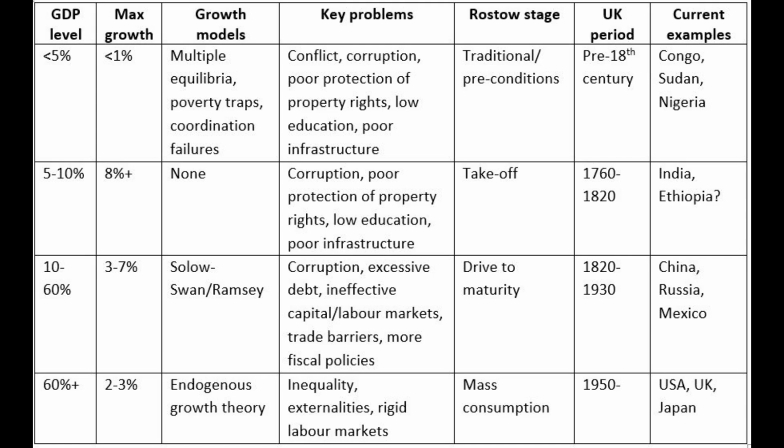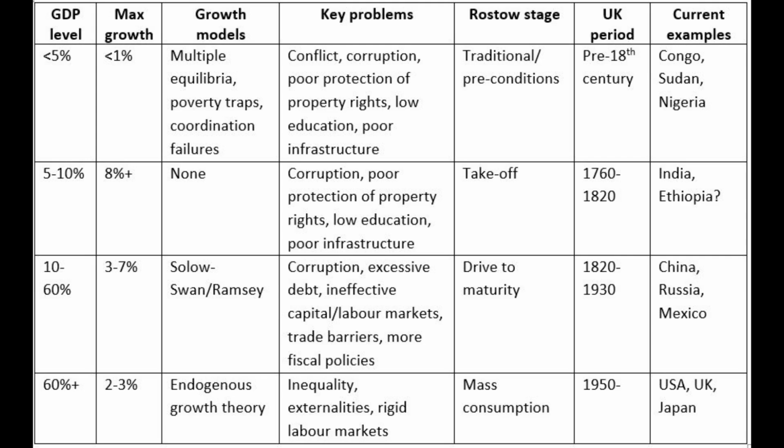And in order to continue achieving good growth outcomes, by the end of this phase of the drive to maturity, countries need to continue their institutional reforms to overcome some of these new barriers. Otherwise, they won't be able to continue converging to advanced country levels of GDP, and they'll get stuck in a middle income trap. This period of the drive to maturity, eventually reaching middle income levels of development, corresponds to the UK during much of the 19th and early 20th century, probably up to the interwar period. And current examples of countries that seem to be in this period include China, Russia, and Mexico, although Mexico's kind of right at the end of this period.